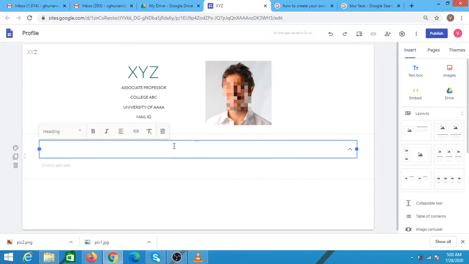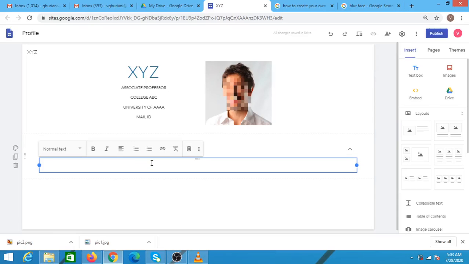The first section that I'm creating is educational qualifications. Once you've entered the title, you can type the content over here, or you can copy it from the CV.